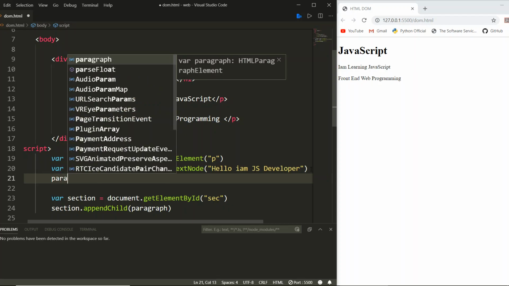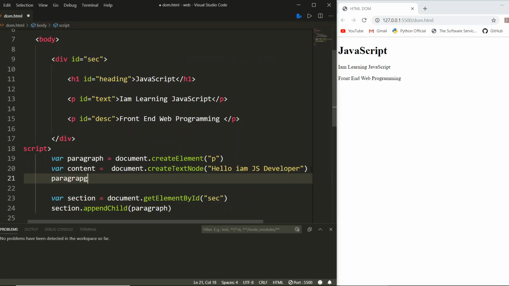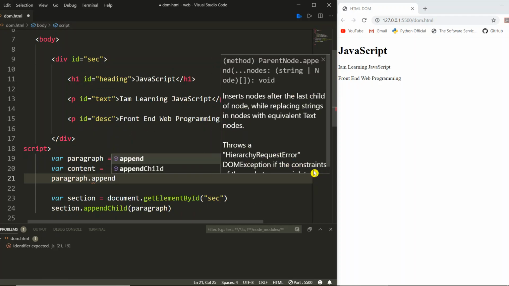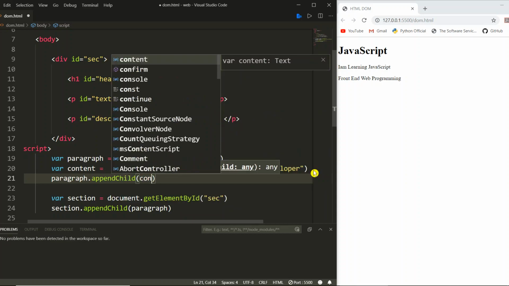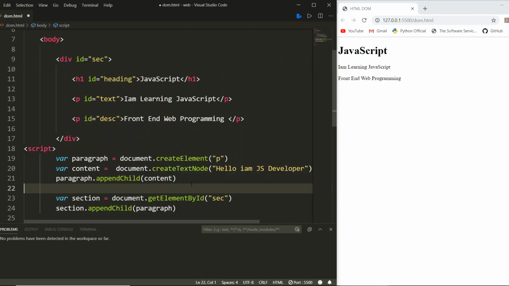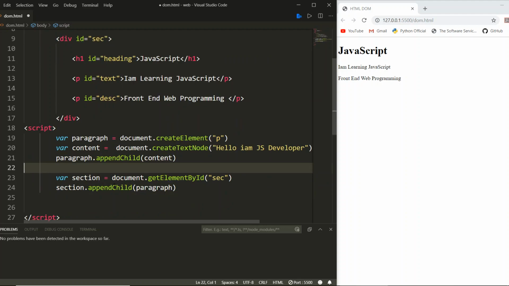Here, paragraph dot append child. What content, right? We need to append here, okay? And then we have to access that one section, and